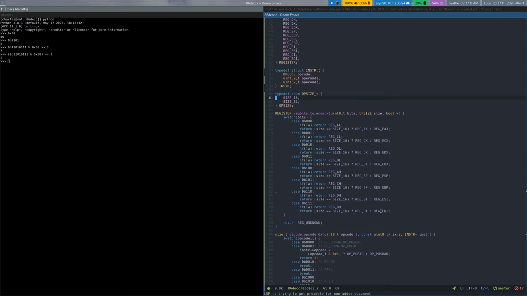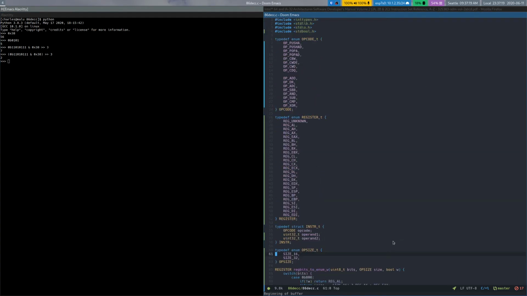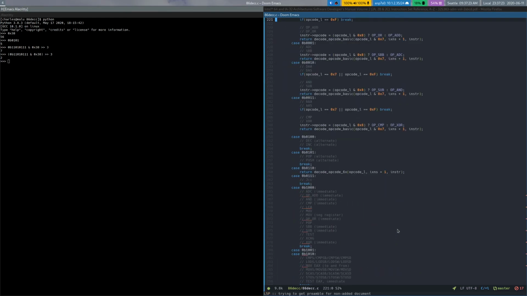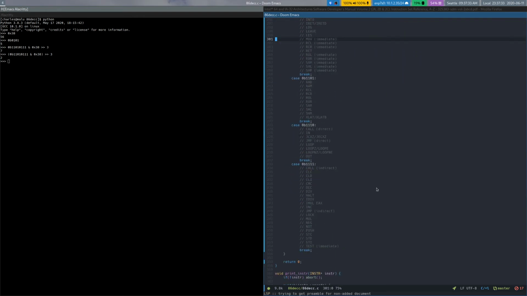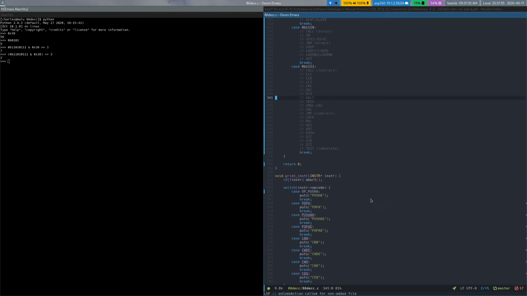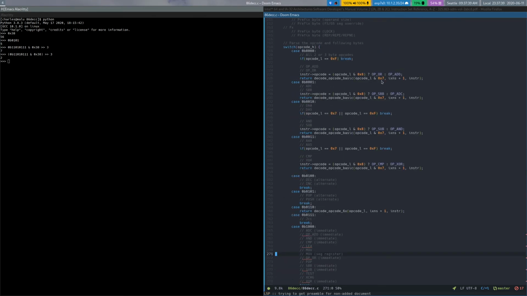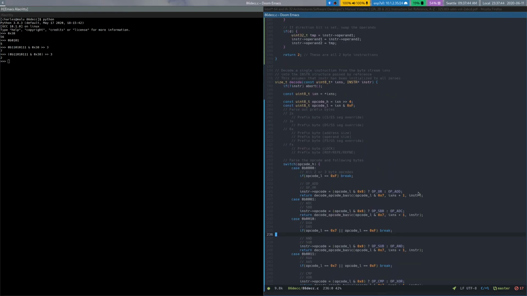Whereas on the previous stream, I felt like what I'm doing right now to parse out these couple of instructions is really not at all applicable to the reality of trying to decode everything. And I think that's been borne out on this stream, that the approach that I was taking for those single byte instructions is just not really